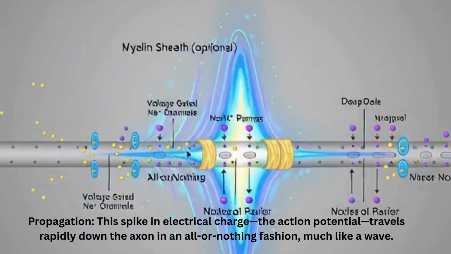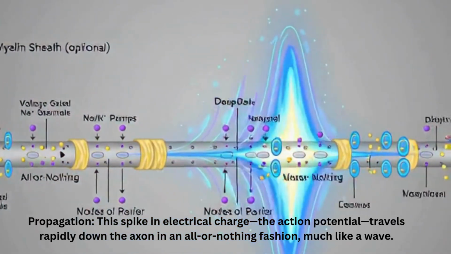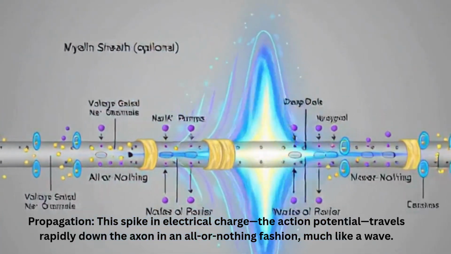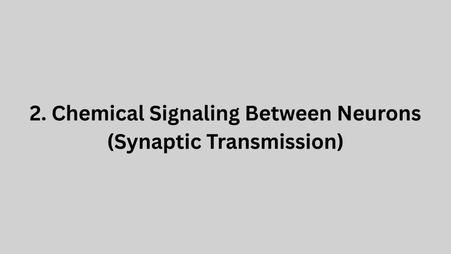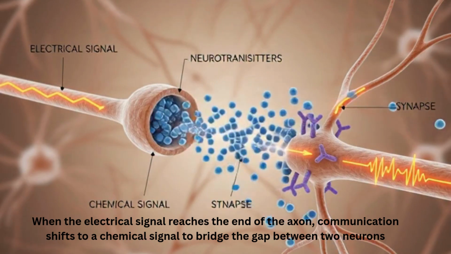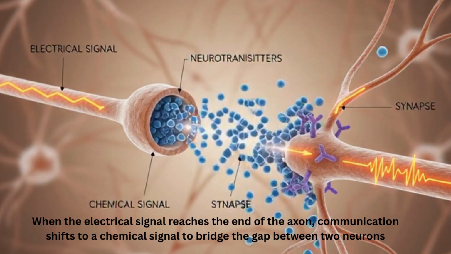Propagation. This spike in electrical charge, the action potential, travels rapidly down the axon in an all-or-nothing fashion, much like a wave. Chemical signaling between neurons: synaptic transmission. When the electrical signal reaches the end of the axon, communication shifts to a chemical signal to bridge the gap